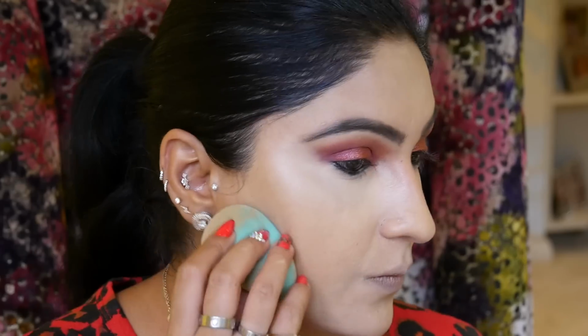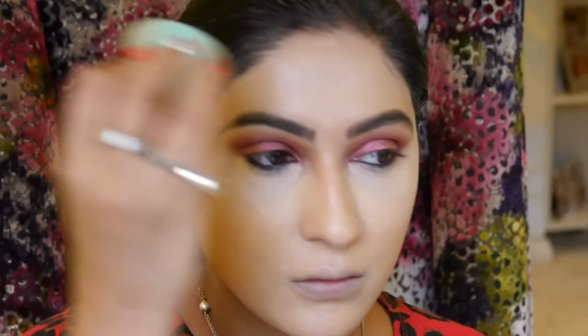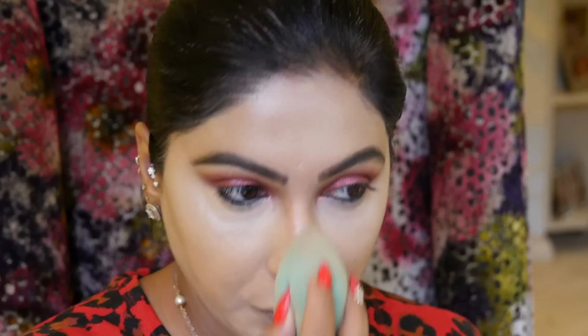and I'll tell you why I do this. It's just to give it a contoured, chiseled kind of look, just to bring dimension to the face. Now you can do this with powder as well, but I've used concealer today. Then going back, okay, but I was left bridge of the nose